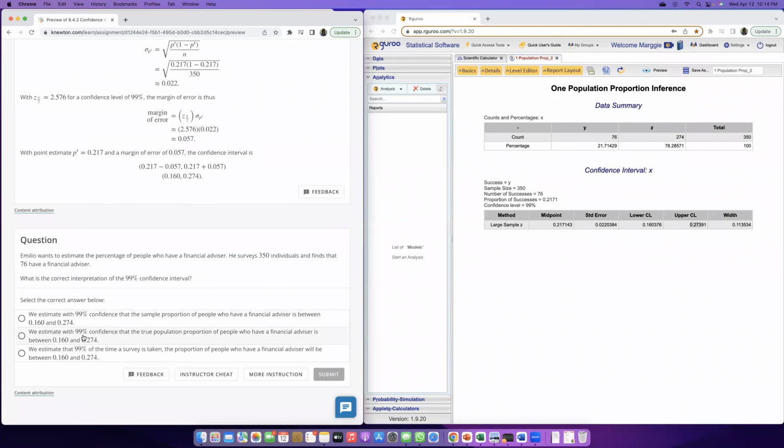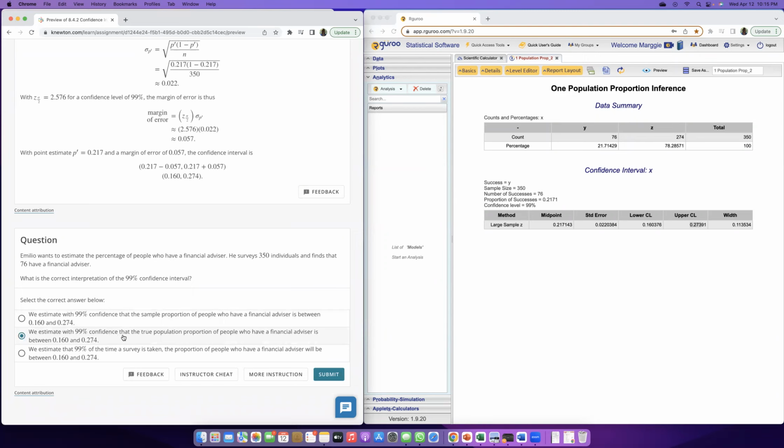Second one, it says we estimate with 99% confidence that the true population proportion of people who have a financial advisor is between 0.160 and 0.274. This is what we are estimating. We are estimating with some confidence the value of the true population proportion, because we don't have information about the population, right? We do have information about a sample, and we are using that to estimate the proportion